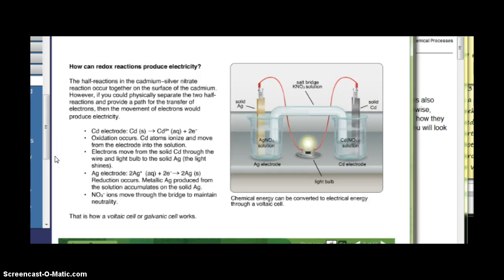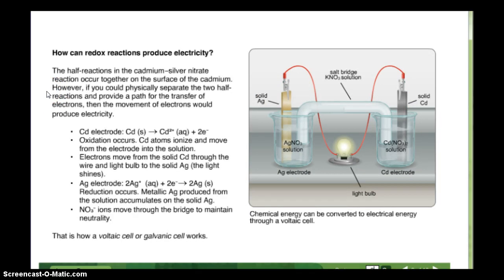How can redox reactions produce electricity? The half reactions in the cadmium-silver nitrate reaction occur together on the surface of the cadmium. However, and just so you know, cadmium is just a metal. Okay, so this Cd means cadmium. However, if you could physically separate the two half reactions and provide a path for the transfer of electrons, then the movement of electrons would produce